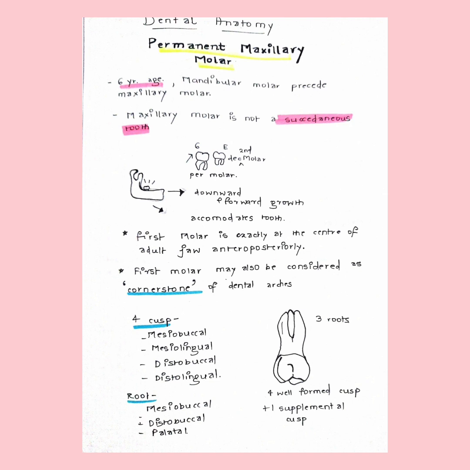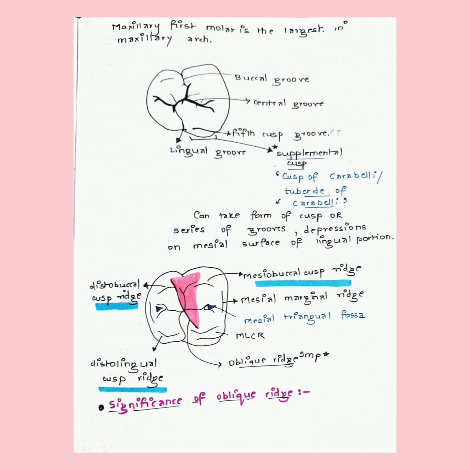Now, there are 4 cusps and 3 roots: mesiobuccal, mesiolingual, distobuccal and distolingual cusp, plus there is an additional cusp that is called the cusp of Carabelli, and roots mesiobuccal, distobuccal and palatal. This is the largest tooth in the maxillary arch, and it has various grooves, a central groove from which arises